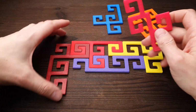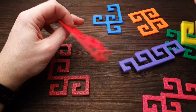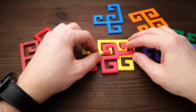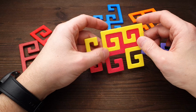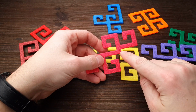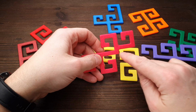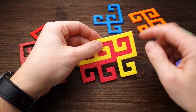And now I will show you how to solve the Tetra Spirals puzzle. So first of all, I have to remember the solution. It's not that easy. So these two parts go together, these blue and pink parts. As you notice, the pink part has this part. It is unique. There is no such part in other pieces, so it is the only piece that goes with